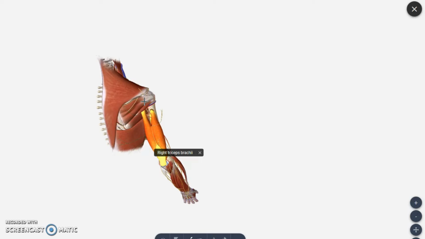If we remove the deltoid muscle and the other muscles seen in the scapular region, then it will be clear that you can make out the two heads of this muscle, one is the lateral head and another one is the long head of triceps. So we'll be having the long head of triceps along with the lateral head, which is seen superficially in the posterior compartment.